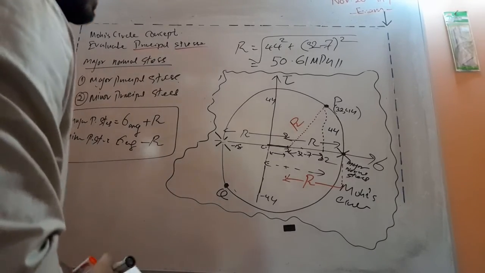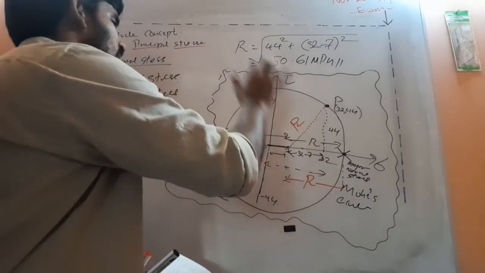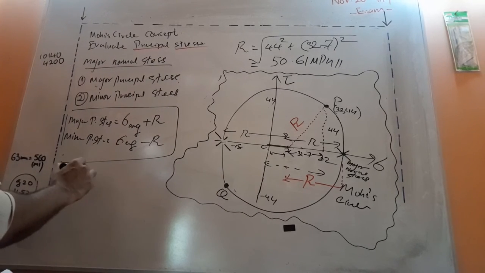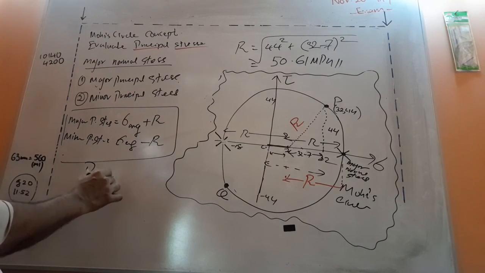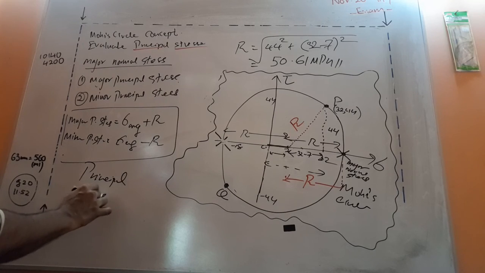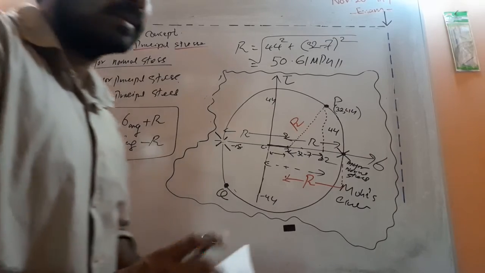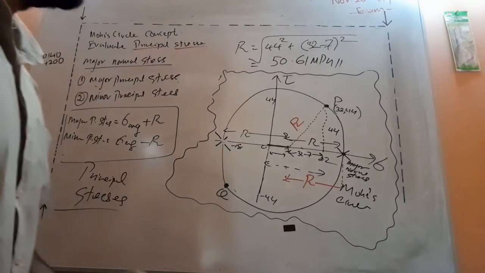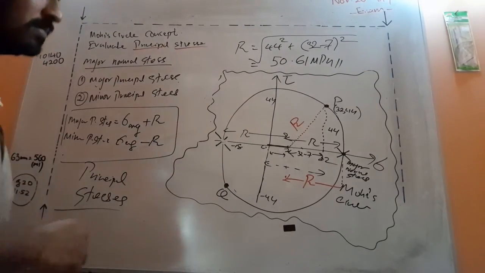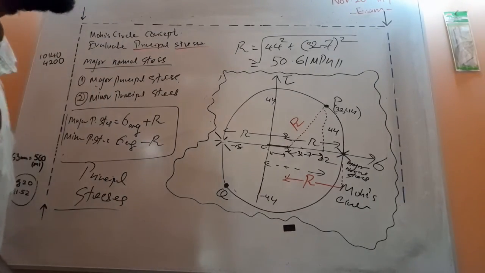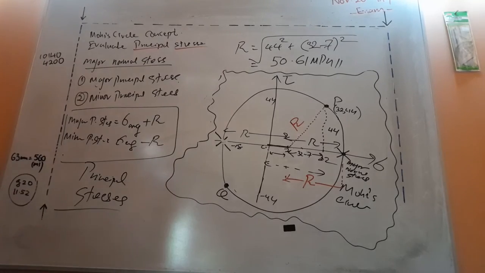So now you know how to construct the Mohr circle and how to find the major stresses, or in other words, principal stresses. So I did this video very slowly so that you can get a better idea. Even in speaking also, I spoke at a very slower speed, right? So that you can have a better idea.